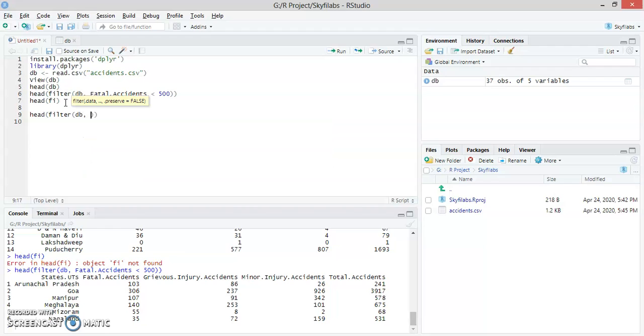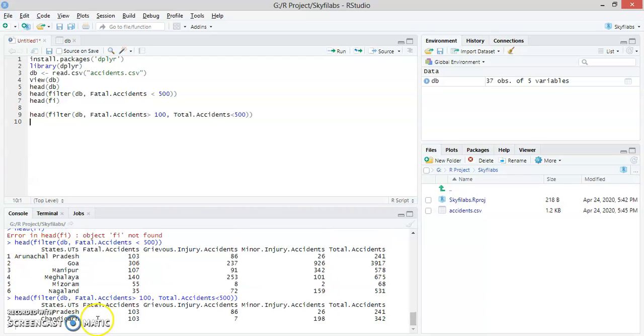So db, comma, fatal.accidents is greater than 100, comma, total.accidents is less than 500.